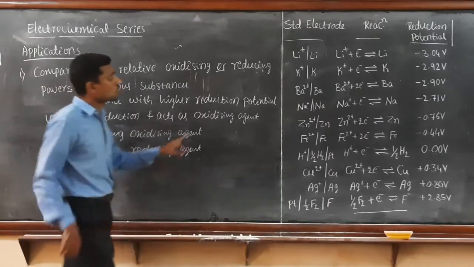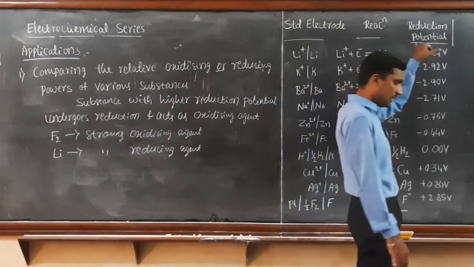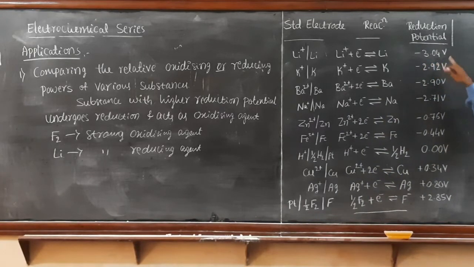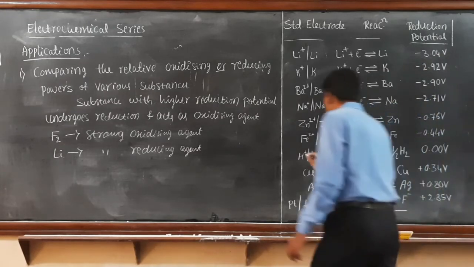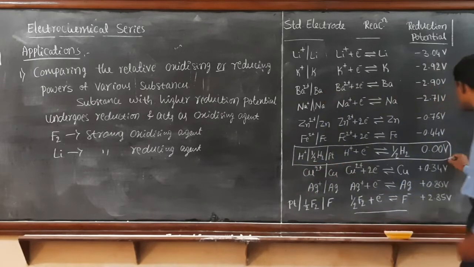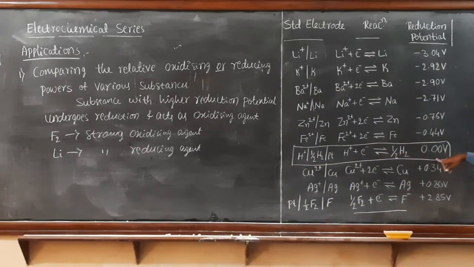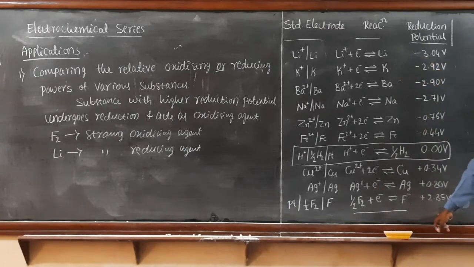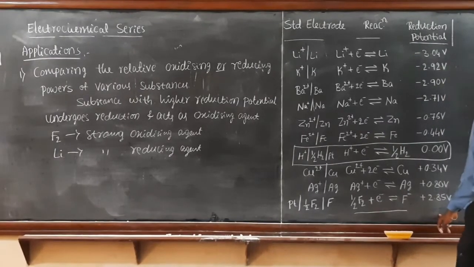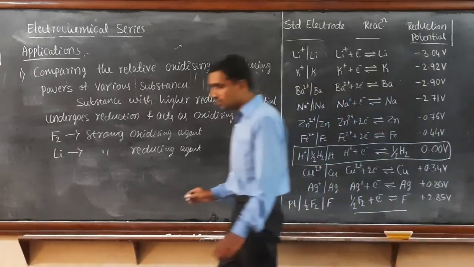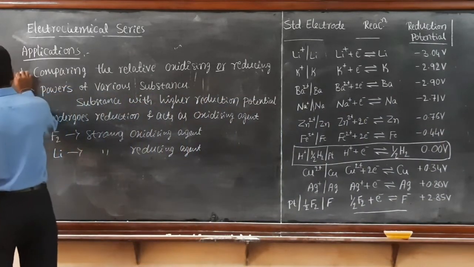reducing agent in this case, because the standard reduction potential of lithium is minus 3.0 volt. It is very less as compared to the standard hydrogen electrode. Because the standard hydrogen electrode potential is 0 volt, lithium is less than the standard hydrogen electrode. Therefore this will act as the best reducing agent, and fluorine will act as the best oxidizing agent because its reduction potential value is more in this case. This is the first application, and the second one is